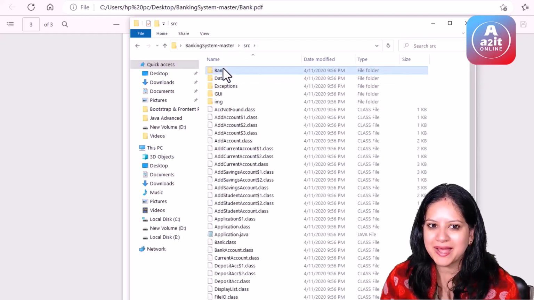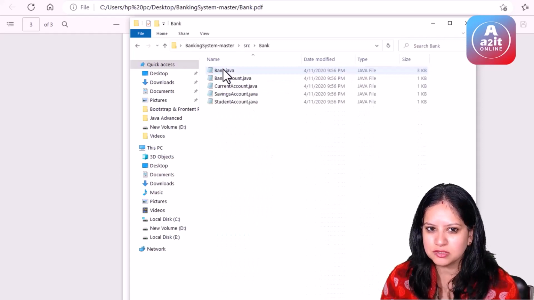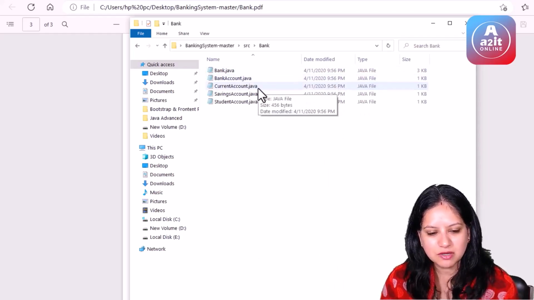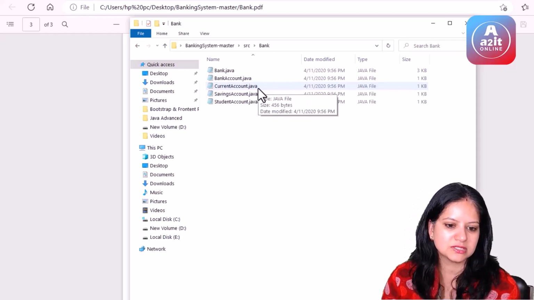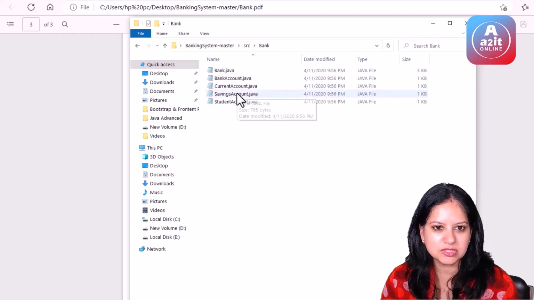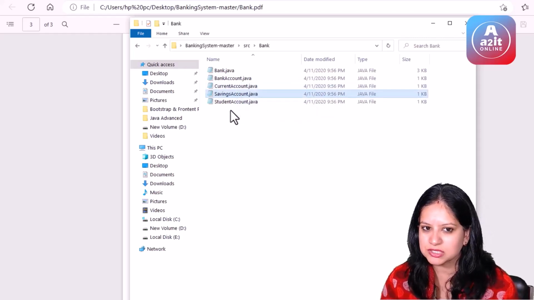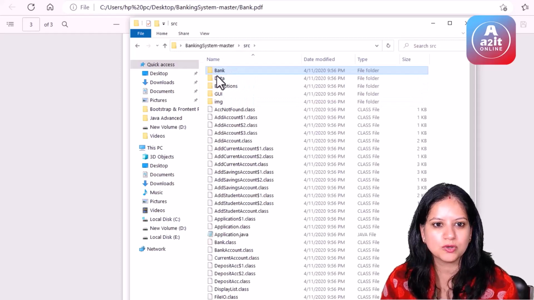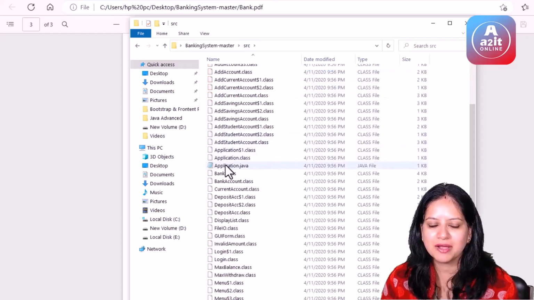We then have a bank, the main project folder, where we have a file called bank.java. We have a bank account.java. We have a current account.java because we are allowing our customers to have current accounts. We are allowing our customers to have the saving account, and we have a student account.java. So this is the overall folder structure, and you can see that we have one main file, which is the